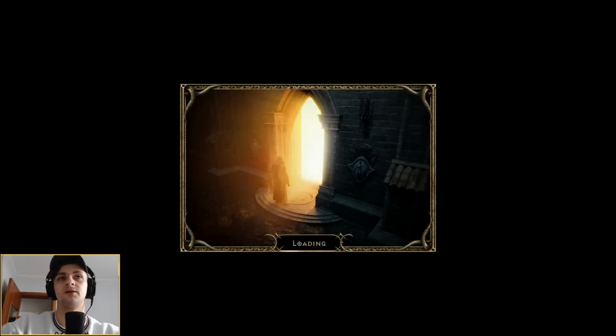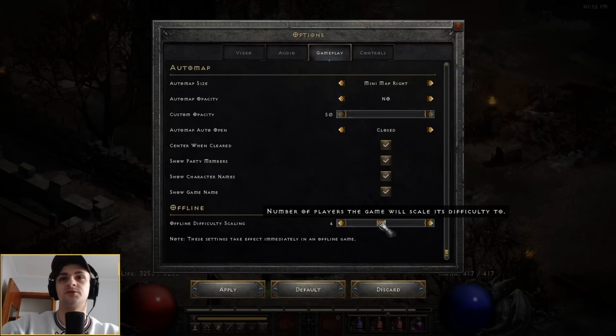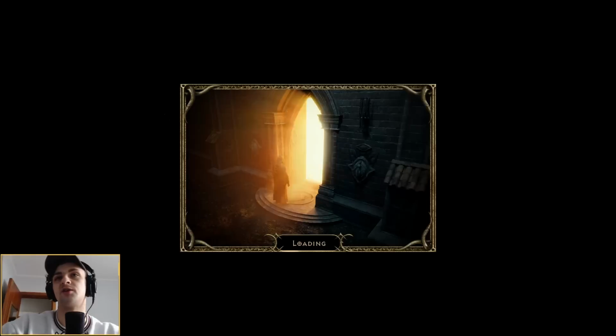Alright, let's go back here, and then let's adjust the play level. Let's go gameplay. Let's put it up to, we'll go P4. How's that sound, boys? Eh? Does that sound like a good time? We'll go over to Spider Forest and we'll clear Spider Cavern,